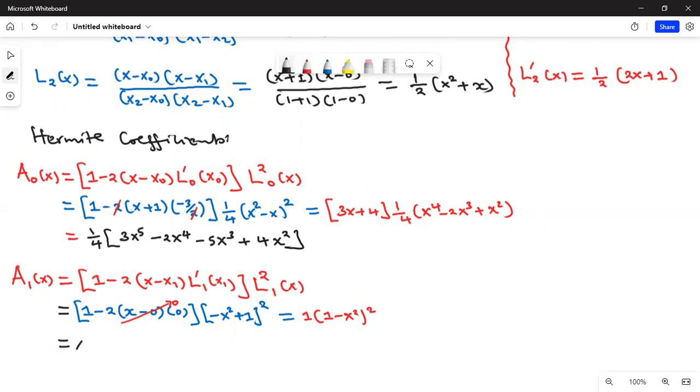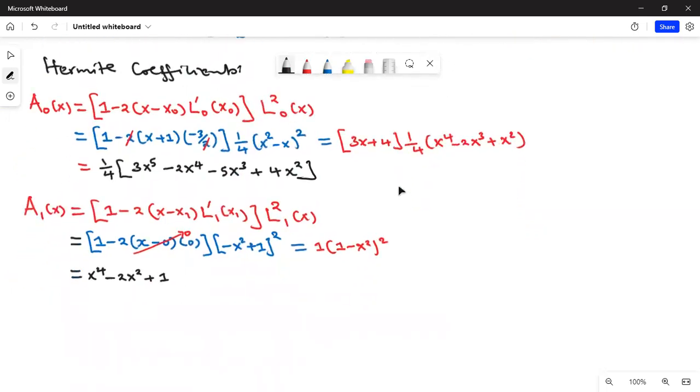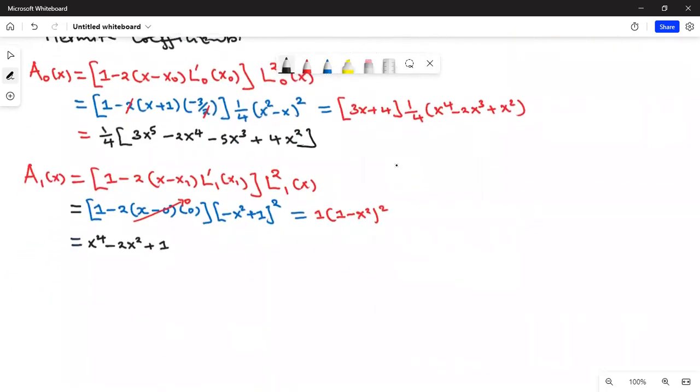You need to get x raised to 4 minus 2x squared plus 1. Then finally, we need to compute a2 of x. Again, from the definition, a2 of x is given by